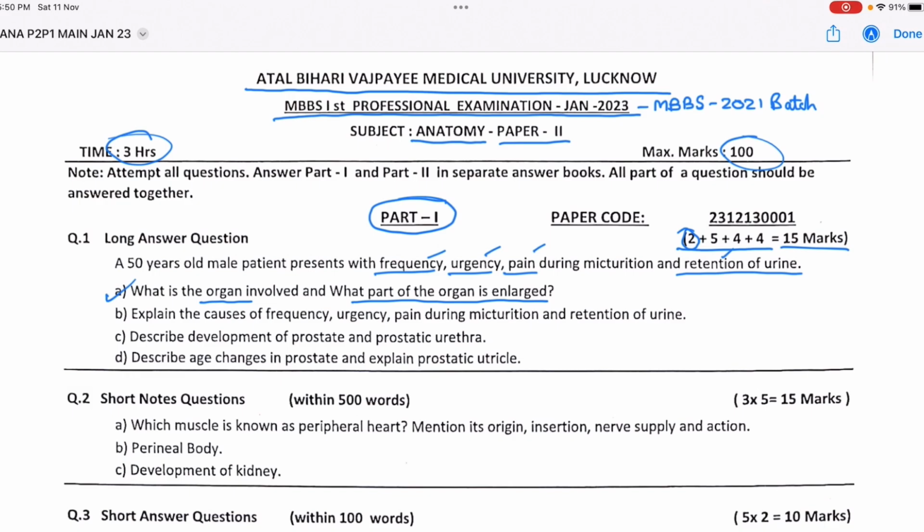Then the central zone, as I was telling, has a developmental significance: this zone is derived from the Wolffian duct, that's the mesonephric duct. So this portion is of mesodermal origin. The rest of the prostate is endodermal in origin, derived from the primitive urogenital sinus. The central zone has only 20% of the glandular element, and this is less commonly involved in the disease process. So this is one classification, on the developmental basis, and the other is the anatomical basis, where you divide